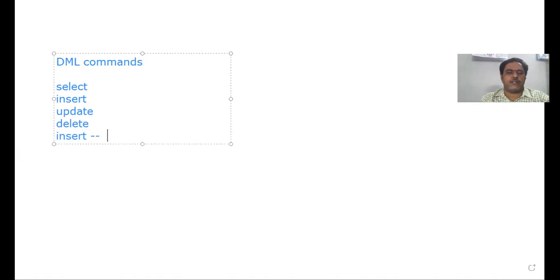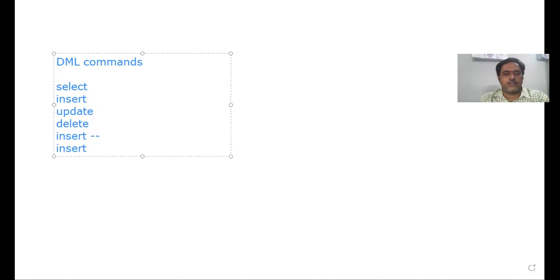So what is the insert command? The insert command is used to insert a new record into the table. If you create a table using the DDL command, and then you want to insert records into the table, then you can use the insert command. So what is the syntax for insert?